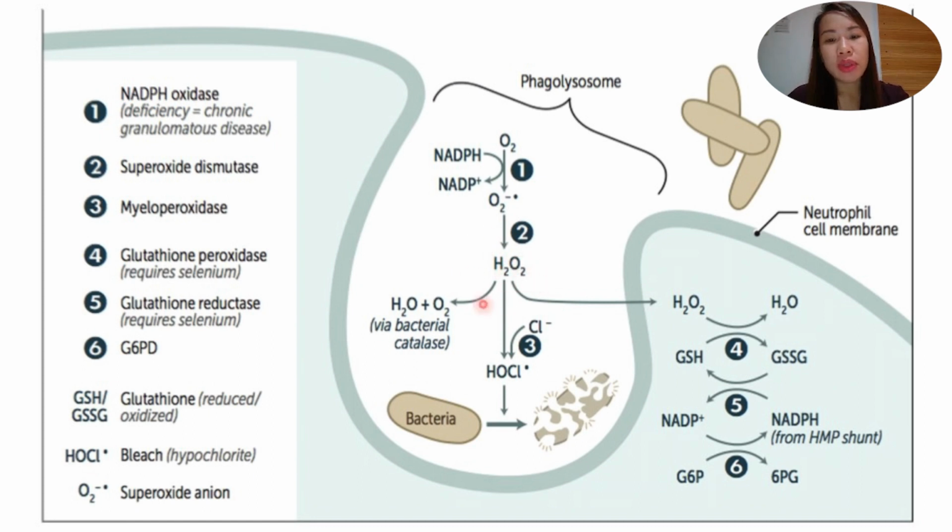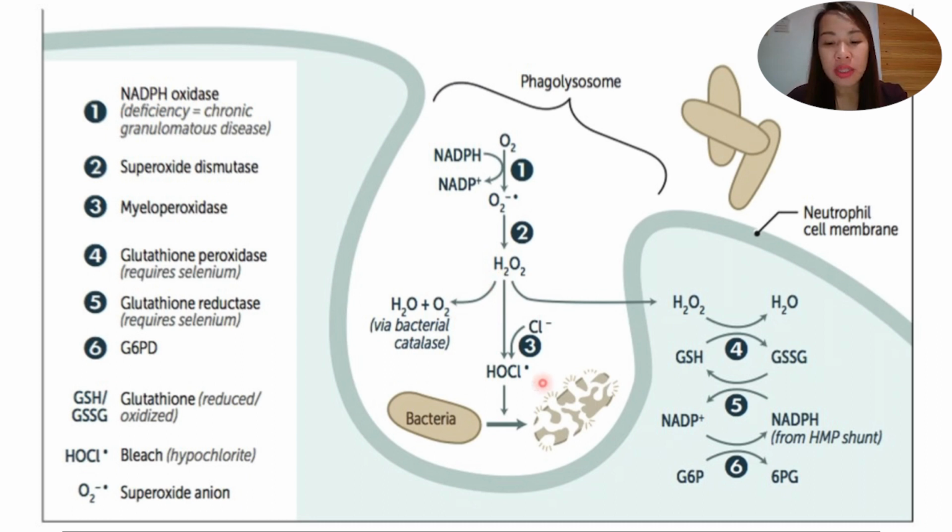And remember what we told you about hydrogen peroxide, class? Di ba? It should be converted into water by your glutathione peroxidase. So we have here reduced glutathione. Okay, gagamitin natin yung reduced glutathione. Now this hydrogen peroxide, okay,